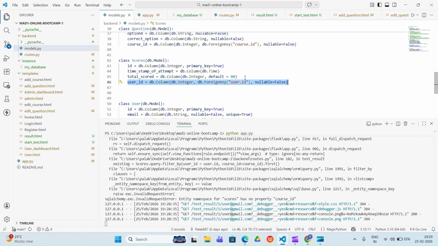If you want, we can have this without course ID also, but that would not be the proper way. If you want the score for a particular course, that should be implemented. So you need to have course ID here also.